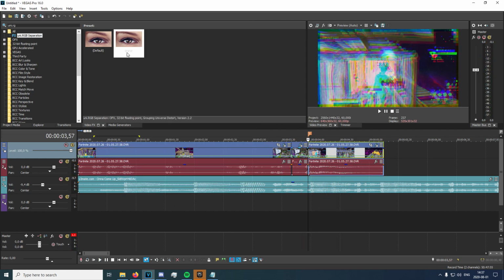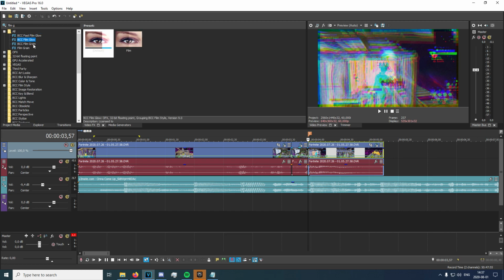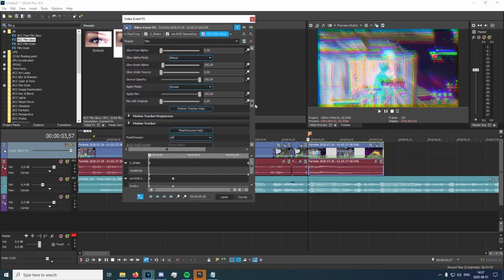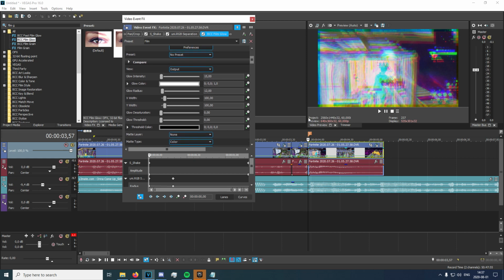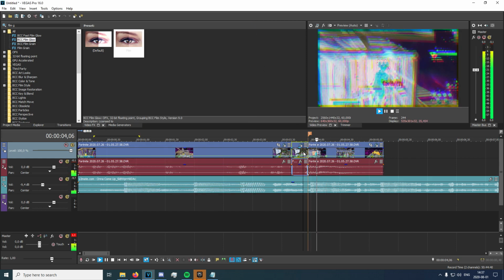Just like that. And now we're gonna want to go ahead and add some glow. I like to use BCC Film Glow. It's my favorite one. You can use any glow really, but I just think this looks the best. So just go ahead and copy my settings here. I'm pretty sure I've only changed the glow intensity, but if I haven't, then these are my settings right here. So I'm going to want to go ahead and click up top here and animate, and then click on this first keyframe right here in the second part of the split, and just drag it down. Now you have this,